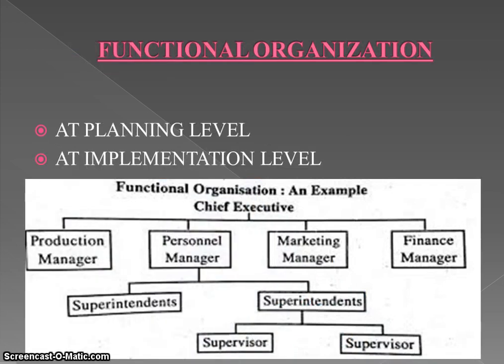The next technique of scientific management is functional organization. Here F.W. Taylor explains how planning is separated from implementation. Planning is done by the top level management and middle level management, whereas the plans are to be executed by the lower level management with the help of supervisors and workers. According to this concept, when all the activities are divided into planning and implementation, the work gets easy and is undertaken in a better way to get the desired results.